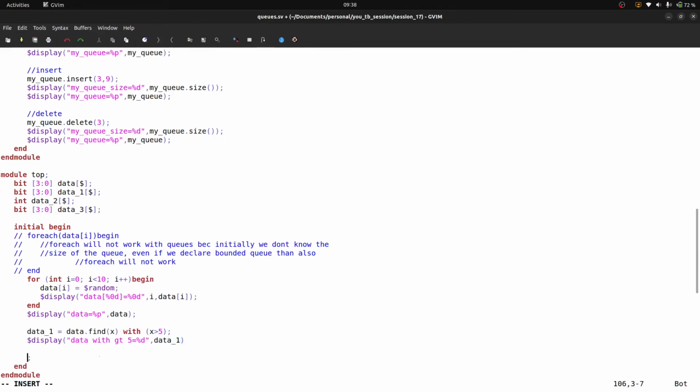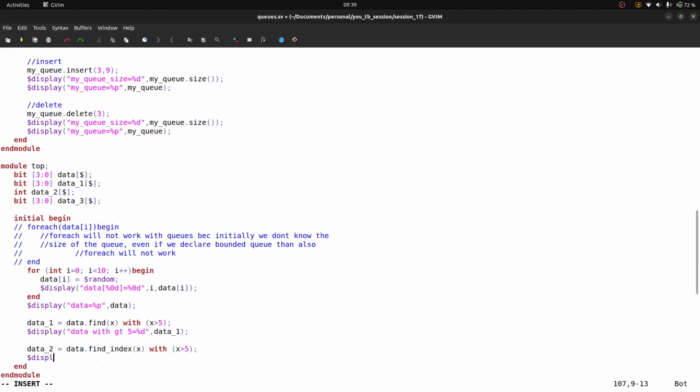After that, data_2 is equal to data.find_index x with x is greater than 5, and after that $display